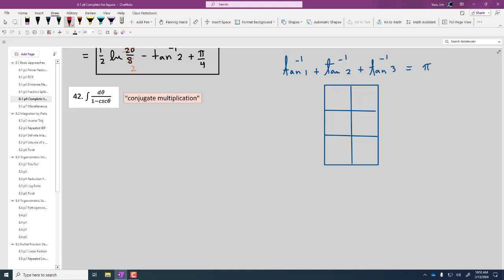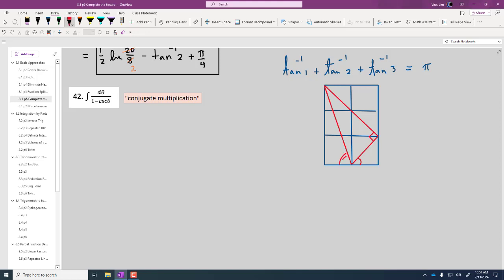So if we draw this line right there, that angle right there is arctan of 1, because those are all 1 by 1 blocks. That angle right there is arctan of 1. And if I draw this line right there, that forces this to be a right angle. And then the final line right here,